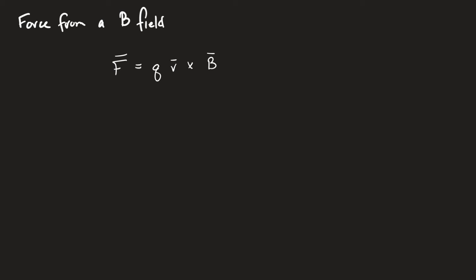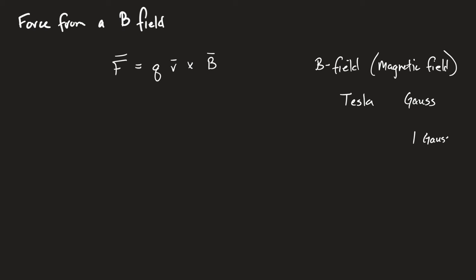The first thing I want to point out, and I haven't talked about this at all, is the B field itself. The unit of the magnetic field is the Tesla, or the Gauss. They are not the same unit. 1 Gauss is 1 times 10 to the negative 4th Tesla. So a Gauss is a small measurement for the magnetic field,